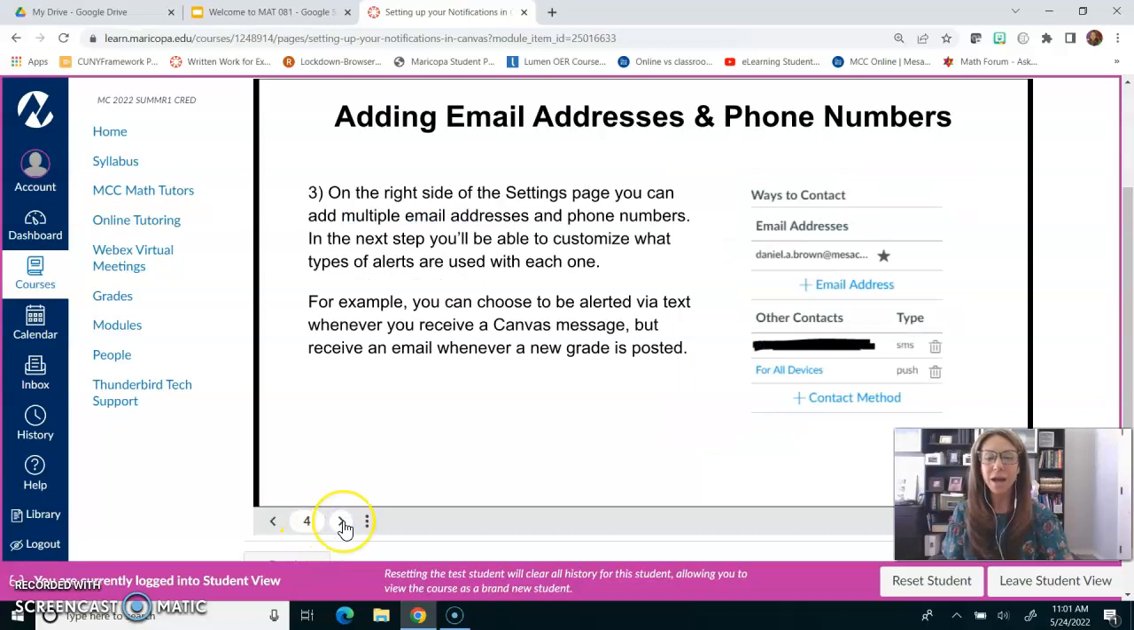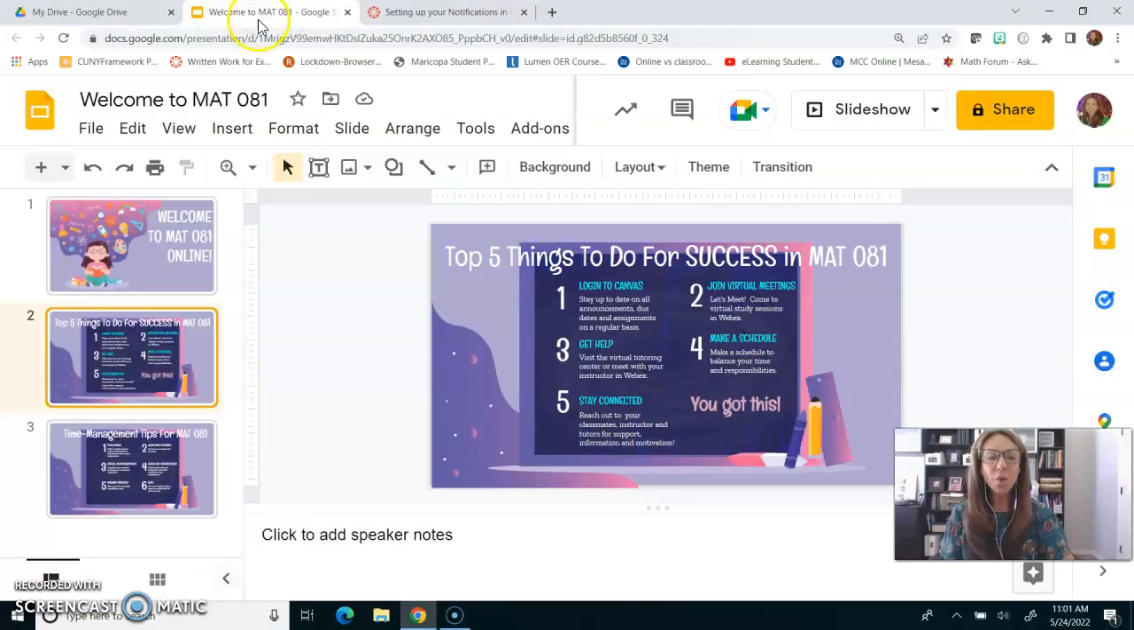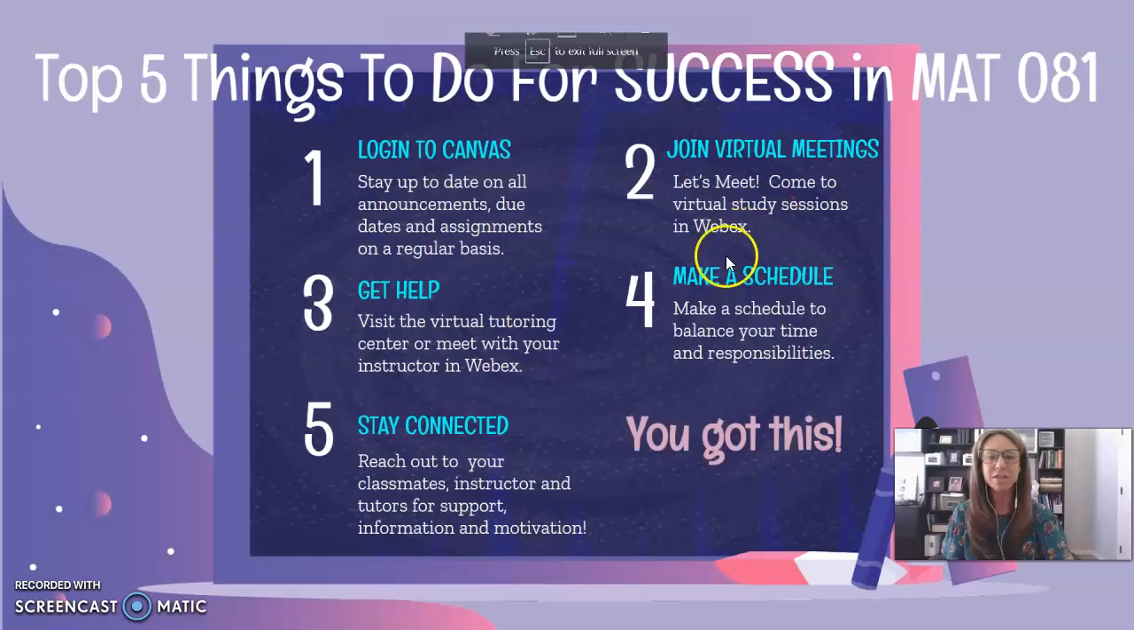So like I said, I highly recommend you have the announcements pushed to your phone, updated grades, and assignment due dates. As you go through, you'll see there's other options you can choose. And of course, you can customize it however you want. Okay, so once you have your push notifications set up in Canvas, the second thing I'm going to highly recommend you do to be successful